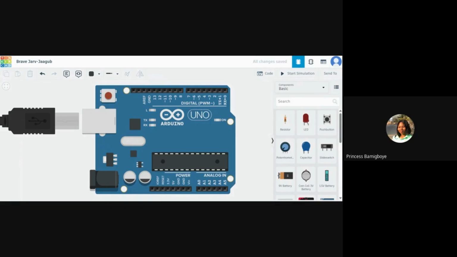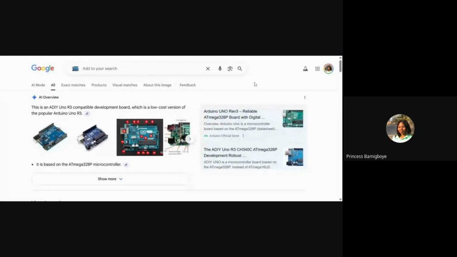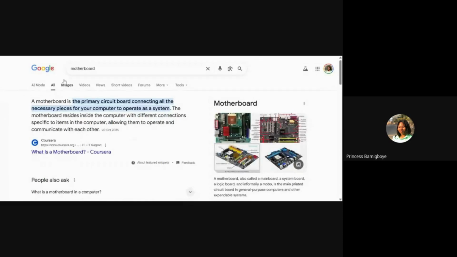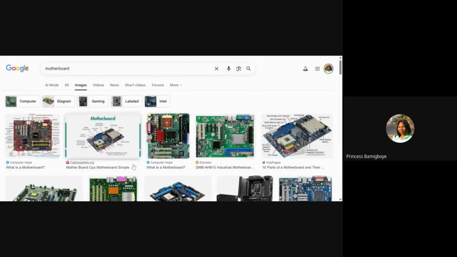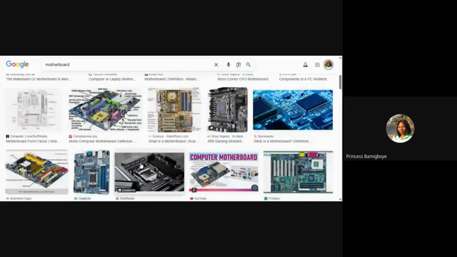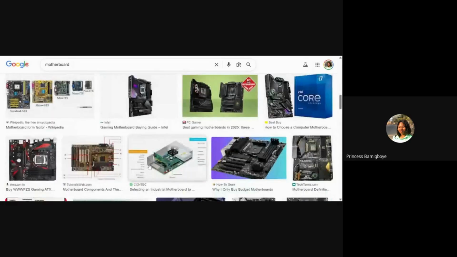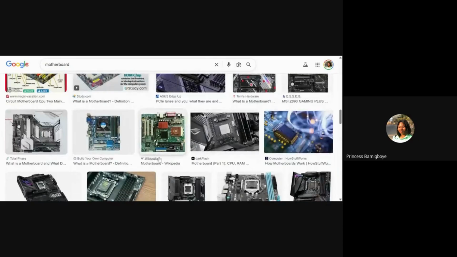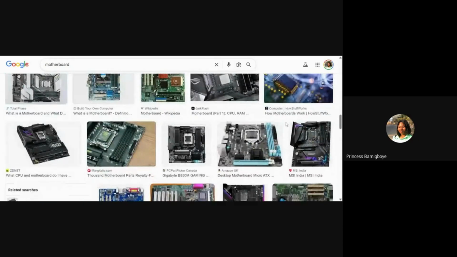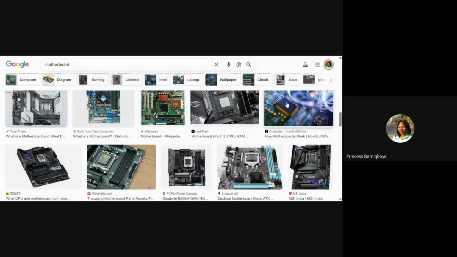Like how we have motherboards in our laptops. If you open your laptop now, depending on the laptop you have, you would see some things like this. Let's say I open my own system. I would see something that serves as the center of everything.